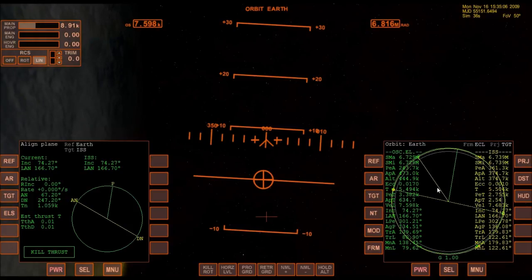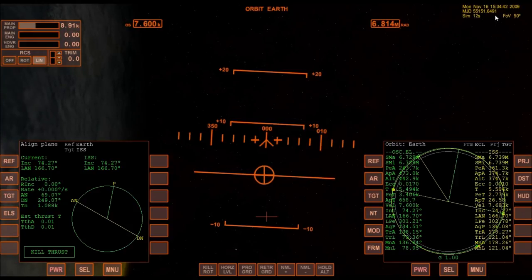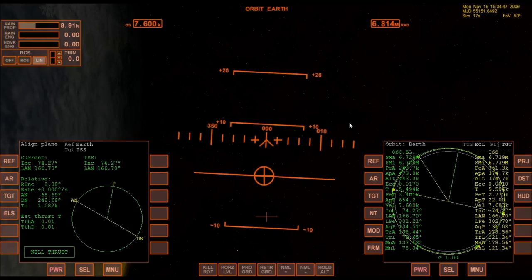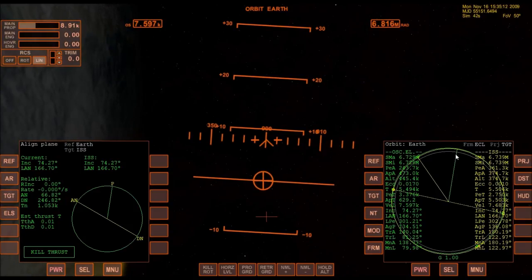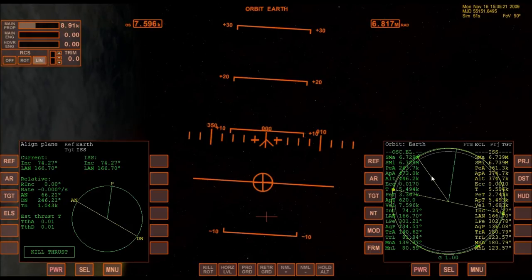Okay, this video picks up right where the last one left off. We are at 3:34 p.m. This is just a little over an hour after launch. The ISS is represented by this yellow line. And I am here, represented by this green line. Before I do any orbital maneuvers to try to rendezvous, I need to get closer to the